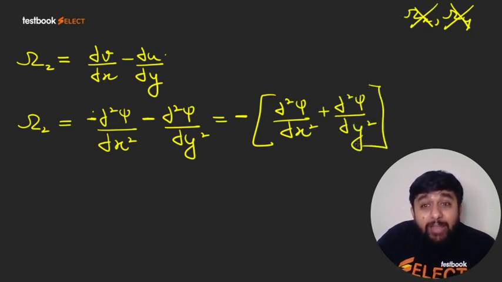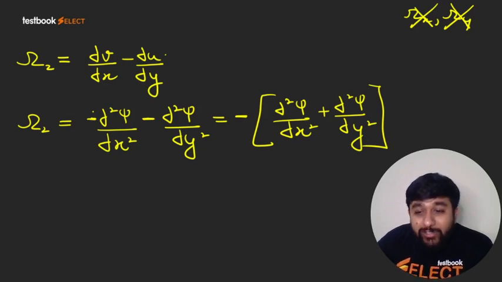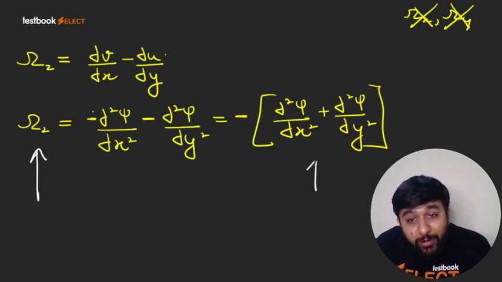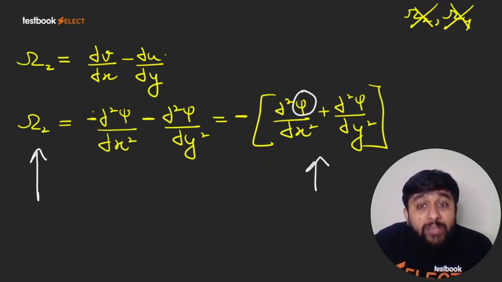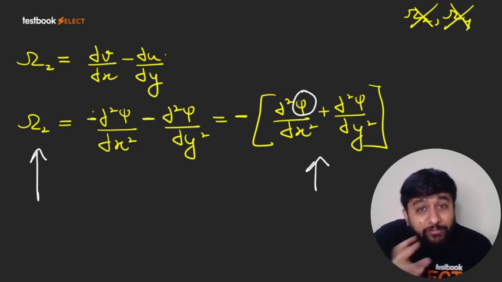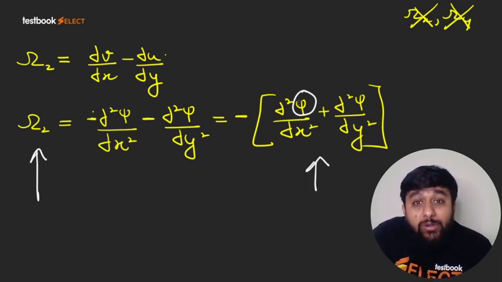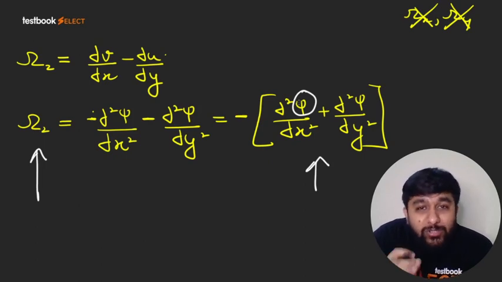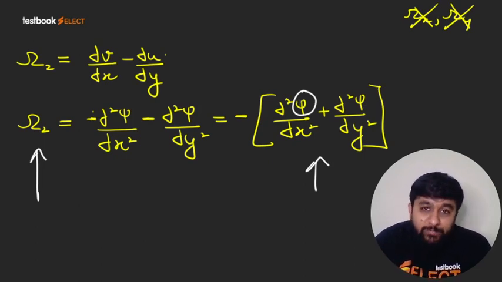Now this is a Laplace formulation, right? So obviously if the flow is irrotational, this will be 0, and you will say psi is satisfying the Laplace equation, correct? If ohm z is 0, flow is irrotational. So left hand side is 0, so right hand side will also be 0. But right hand side 0 means you are getting a Laplace equation. So psi is satisfying the Laplace equation.